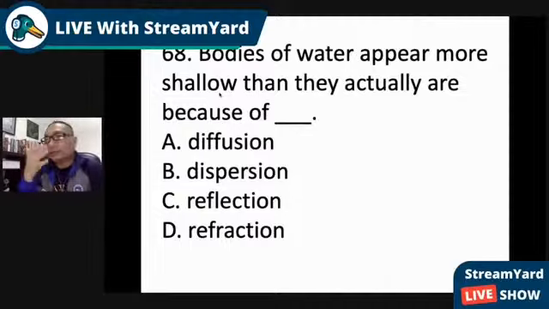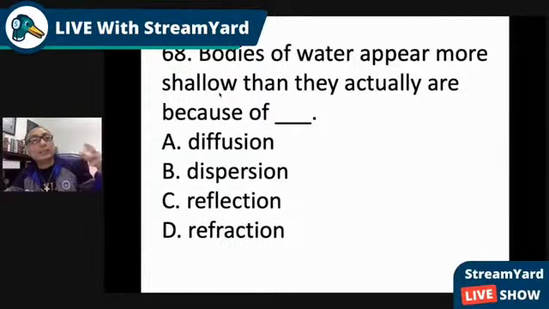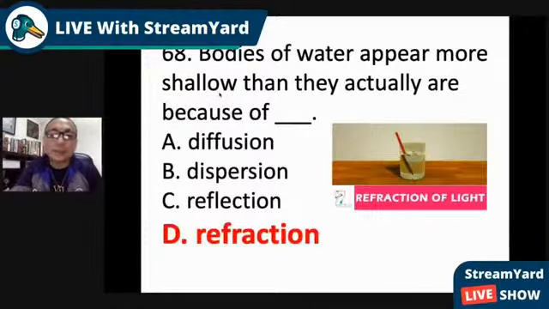So that kind of visual impairment, or at least parang visual imagination, no? Di pala totoo yun. Hindi naman siya imagination. Actual, we can see that, but it's not the true thing. So that is caused by what? What do you think? Okay, your answer is refraction. Correct. Refraction of light. Thank you.